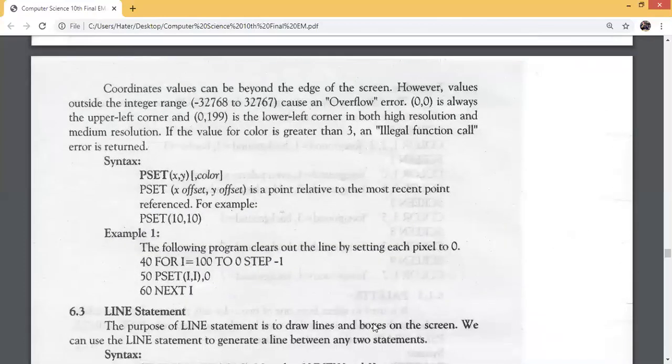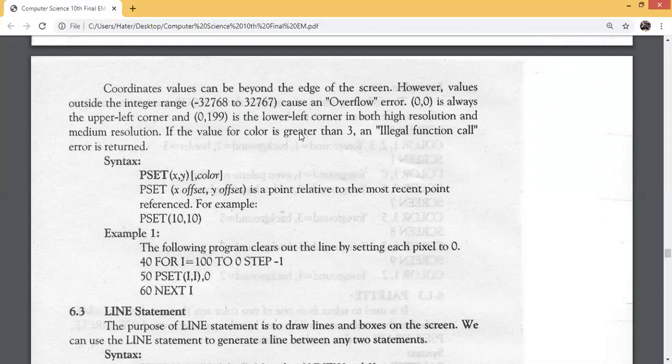Coordinate values can be beyond the edge of the screen. However, values outside the integer range -32768 to 32767 cause an overflow error. So if the coordinates you are assigning are outside the given range, जिन्होंने दी हुई है उससे आगे अगर चले जाएंगे तो there will be an overflow error. 0,0 is always the upper left corner and 0,199 is the lowest left corner in both high resolution and medium resolution.